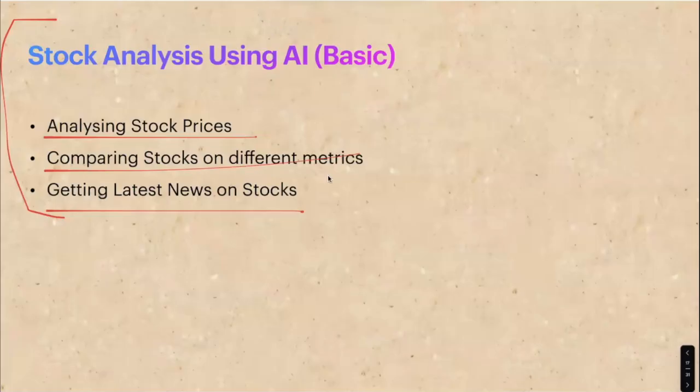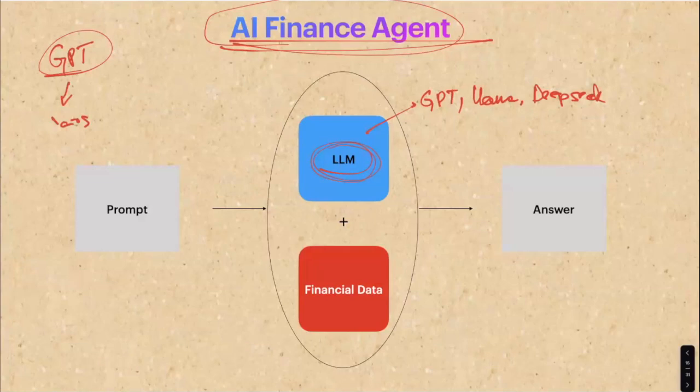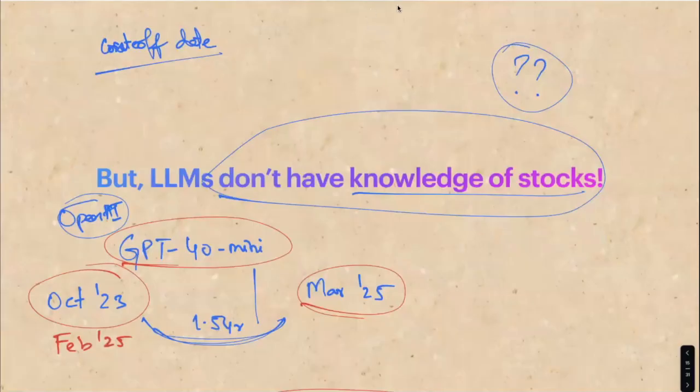So there is one common question about what an LLM is. LLM is nothing but GPT model. So the GPT model that you are seeing is actually a large language model. Any AI that speaks is a large language model. Whenever you are talking to a chatbot, it is actually an LLM. As mentioned, GPT is an LLM. So GPT-4, GPT-4 Omni, and all the models that you are seeing are actually LLMs. LLMs like GPT are not connected to the internet. That is the problem that we will try to address first, and then we will show you how you can give it access to some latest data as well.